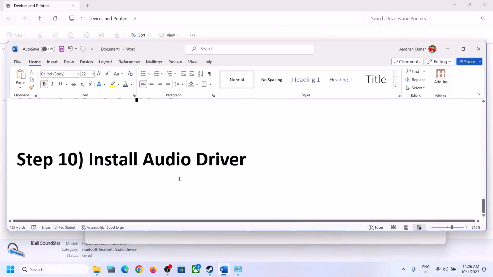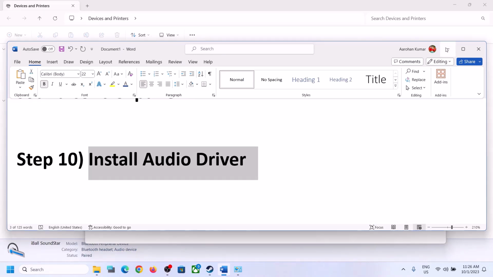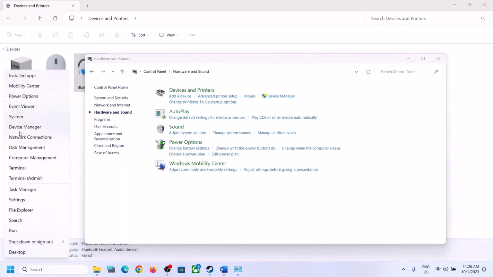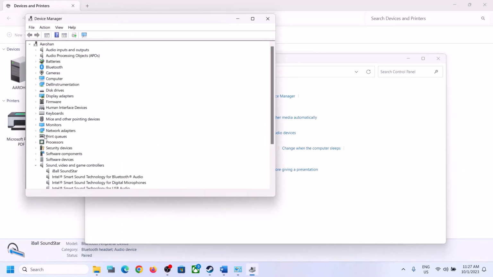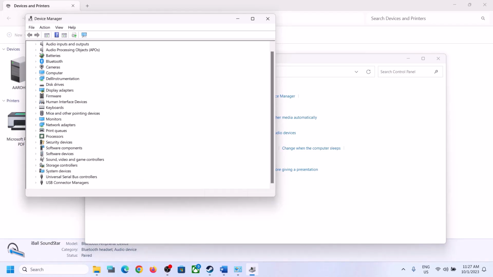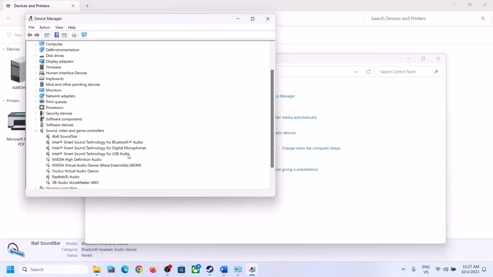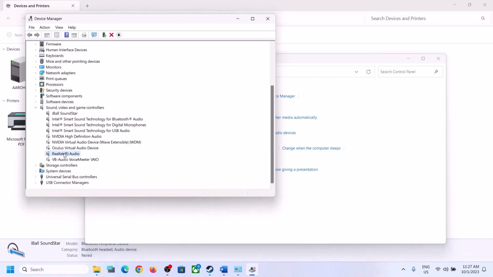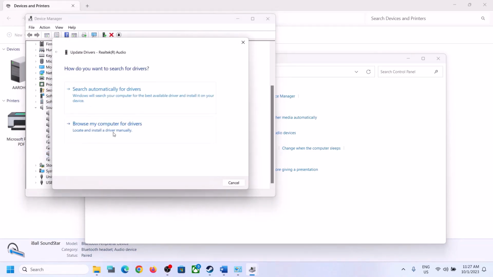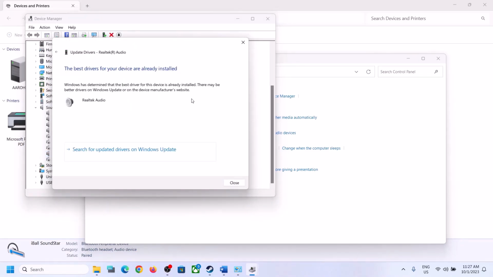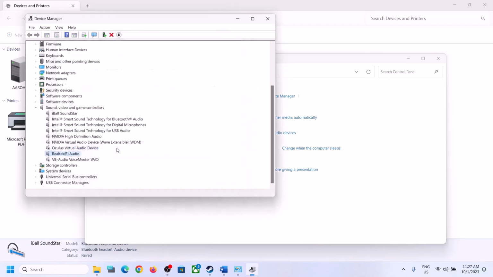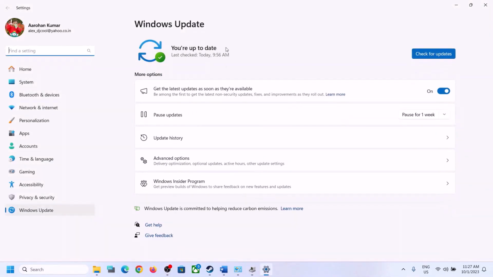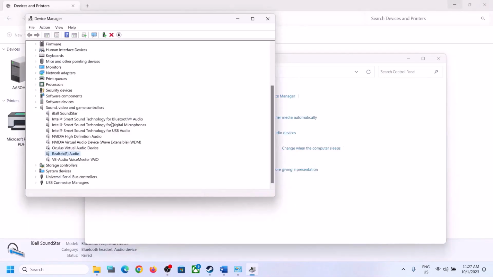Now the next step is to install audio driver. To install audio driver, make a right click on the start menu, then open device manager and then expand sound, video and game controllers. Select your audio device. In my case, it's Realtek. You can make a right click, then click on update driver and then click on search automatically for drivers. It will tell you to search for driver in Windows Update. Click on it. If there is any update, let the update complete, restart your computer and then launch the game